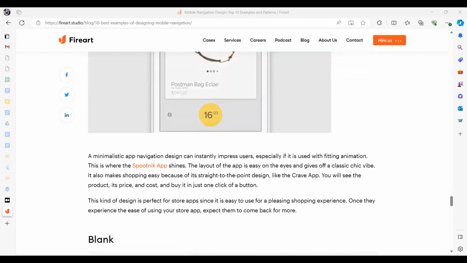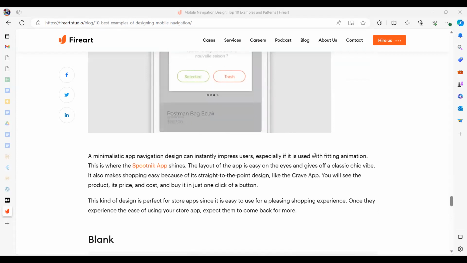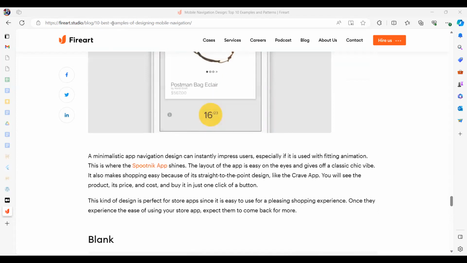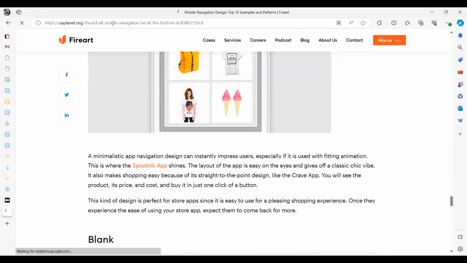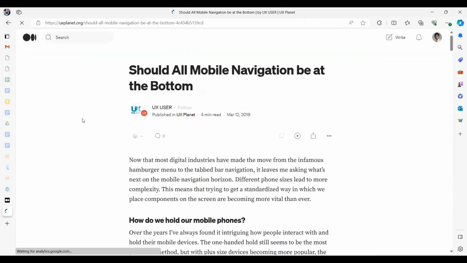So these are some examples, by the way, for you to understand these things. I'll also share some of these things in the LMS so you can go have a look at it.